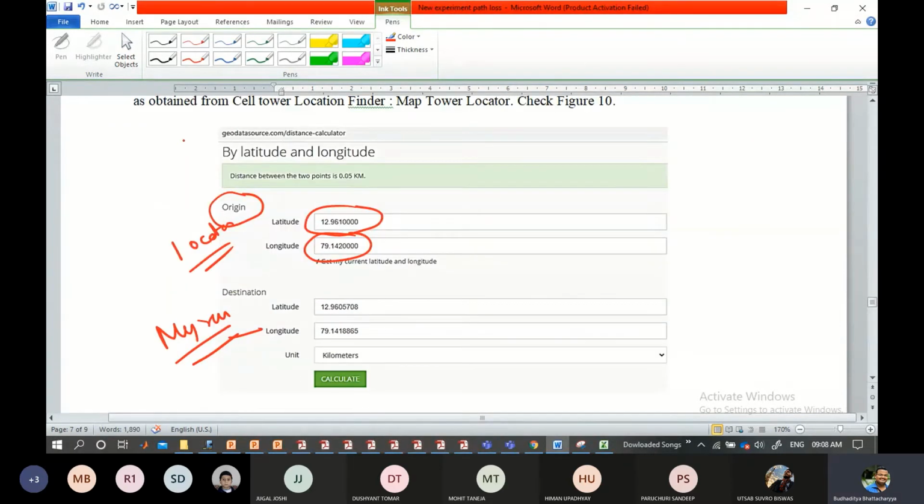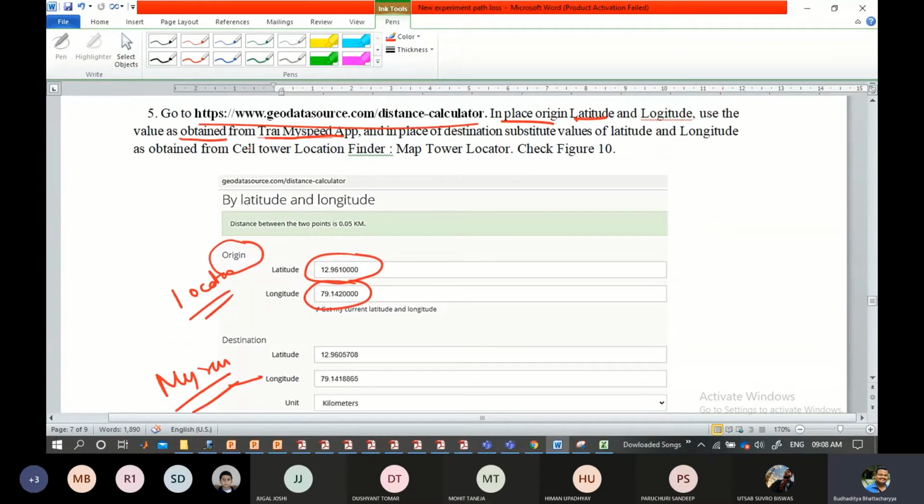Guys, this is a small change you need to make: in the origin, put the locator app's latitude and longitude. Just reverse the operation. It is mentioned over here to use the value obtained from the Try MySpeed app in the origin. Instead of that, place it in the destination, that is, in destination you put the MyTri. Please make a note of this.